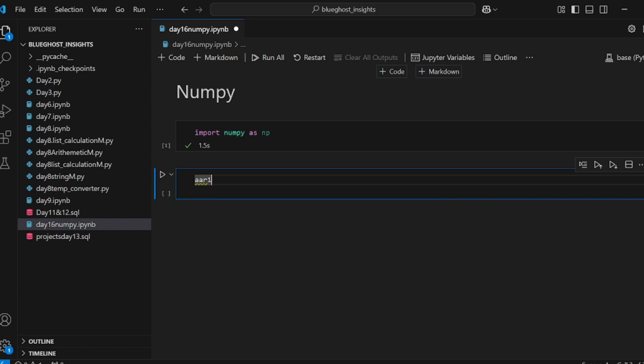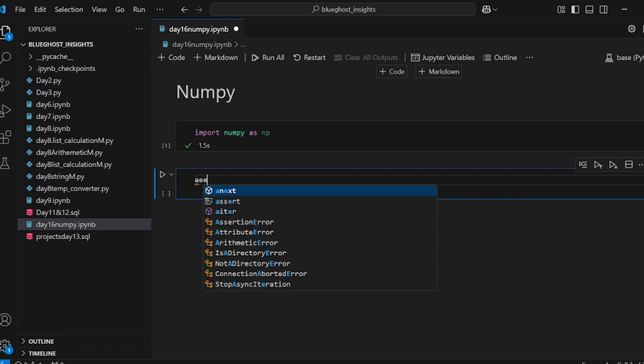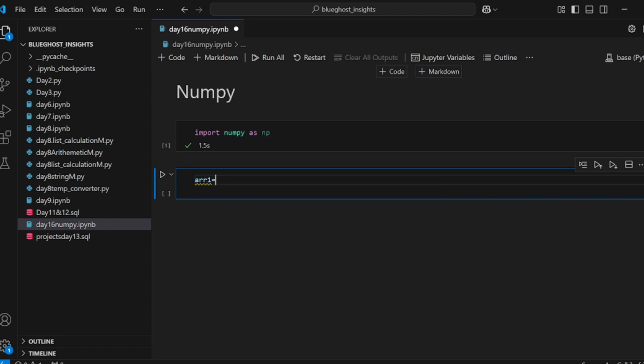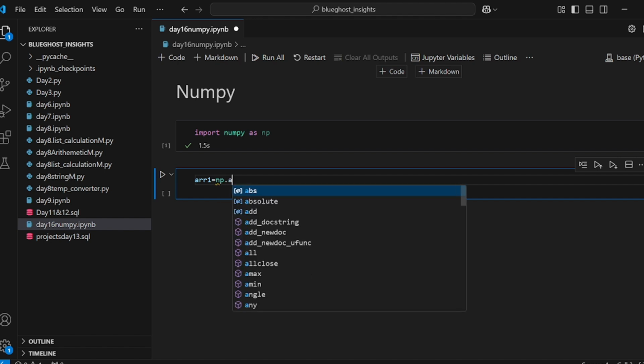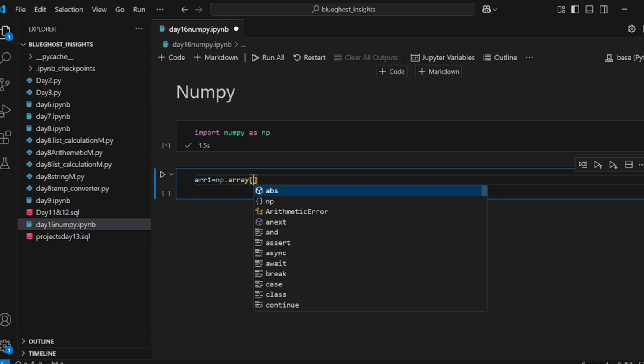So we'll say array1, and array1 will contain a series of numbers inside of it. So we're going to call np.array. It's going to convert this particular thing to an array for us. And some of you will be like, oh, this kind of looks like a list when we did list in our previous classes, right? This is not like a list, but it's also used to save or store multiple elements inside of it.